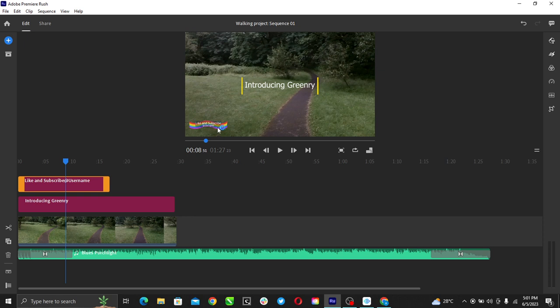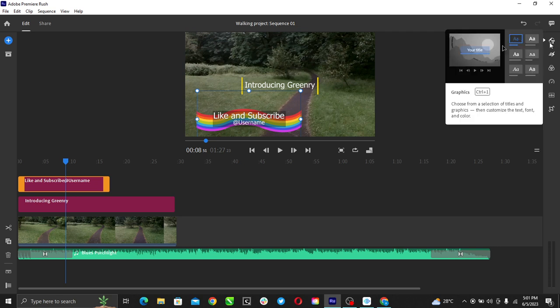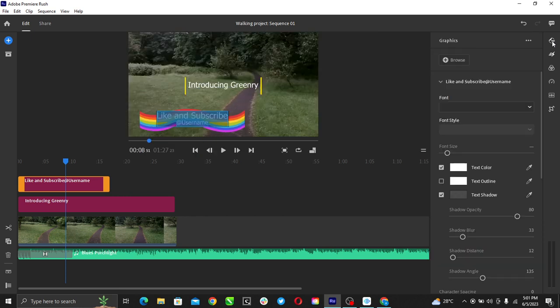Okay, so I'm going to click this and expand on this, so that I can edit what is there. So I'm just going to click on this. So it has been clicked. I'm just going to head over to the top right and click on text. So this is the text, all right. Because I've clicked on text, I can now head over to the box right there, and I'm going to edit this to